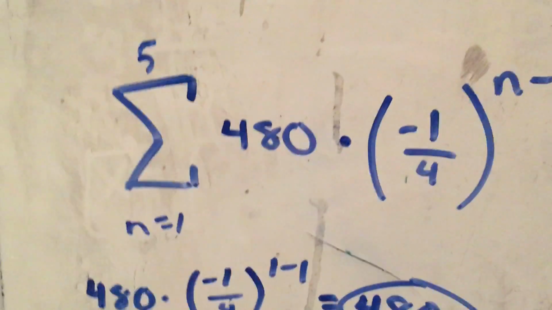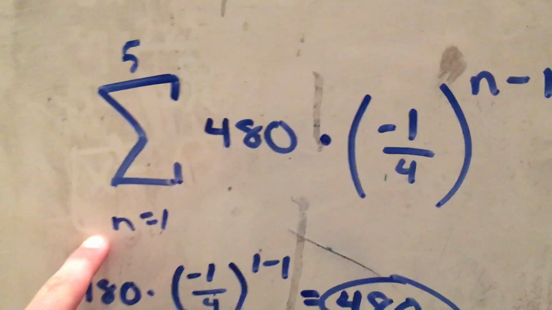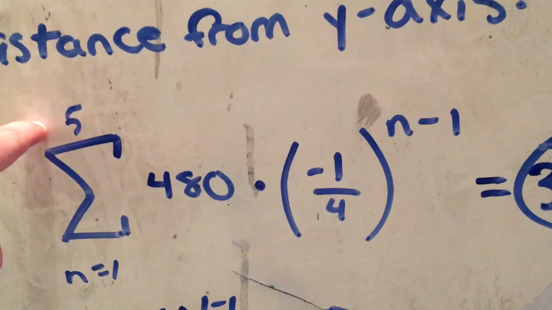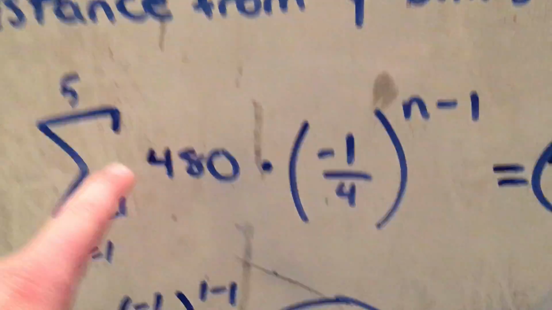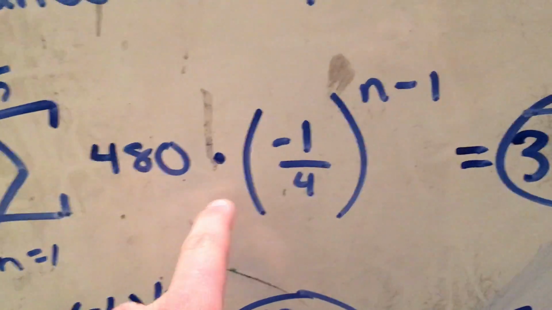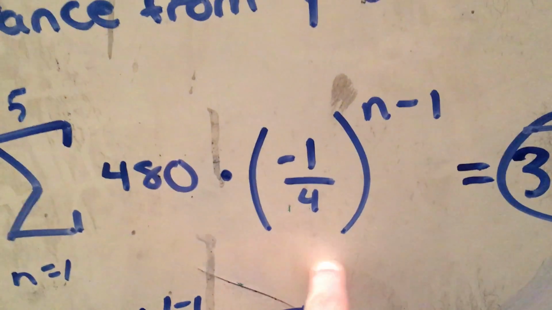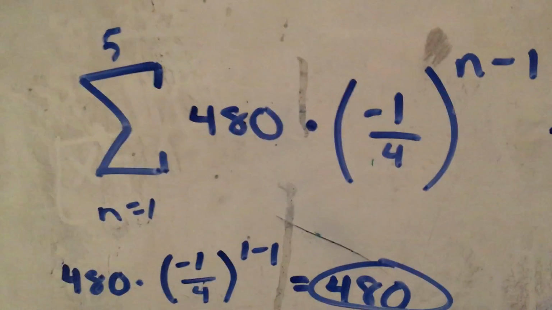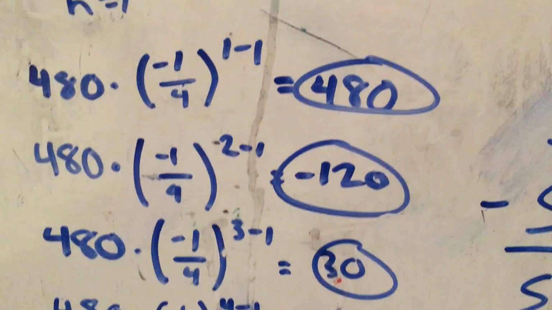So what we do here again with our sigma notation is we have n equals 1 because that is where we are starting. Then we have the term that we are going to, which is 5, because we are only finding Monday, Tuesday, Wednesday, Thursday, and Friday. Then we have our geometric sequence here. That is our starting value times our rate, which we changed to account for its change in direction, to the power of the term minus 1. And so when we find all of these values, we get